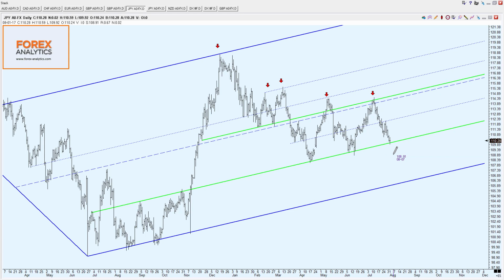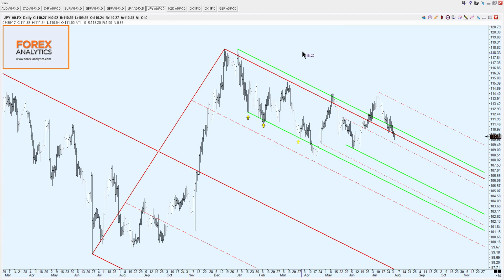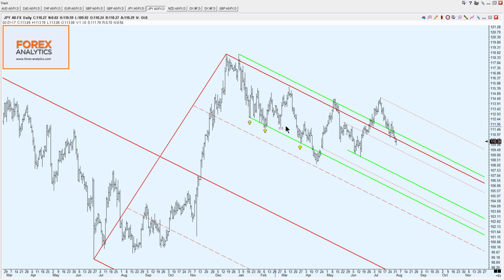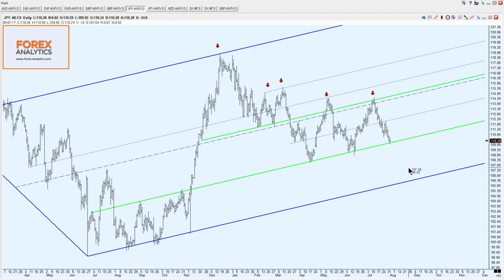Let me just get rid of that horizontal there. We're not just looking at it like this. I'll very quickly show we've got a fork moving the other way here, and we've been watching this for quite some time. Don't worry too much about whether price goes above the upper parallel or not. I'm not somebody that worries too much about that. Anyway, look, I guess that shows you very briefly the kind of thing that we're looking at,